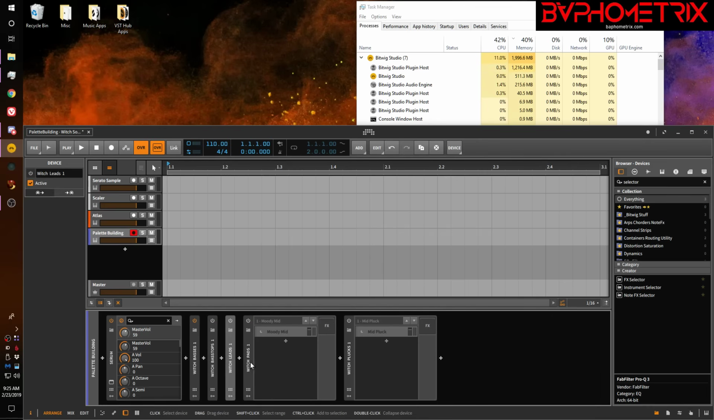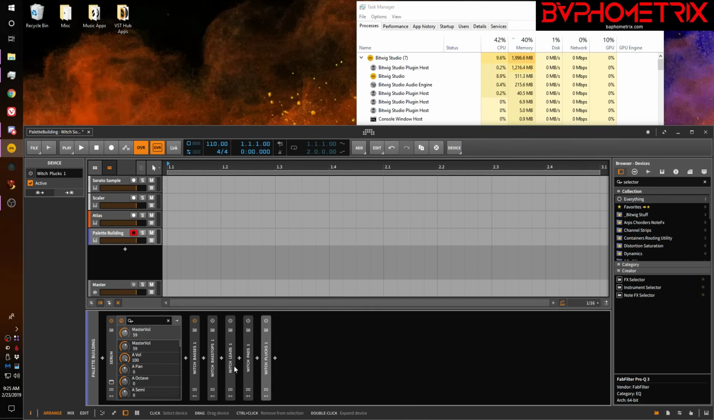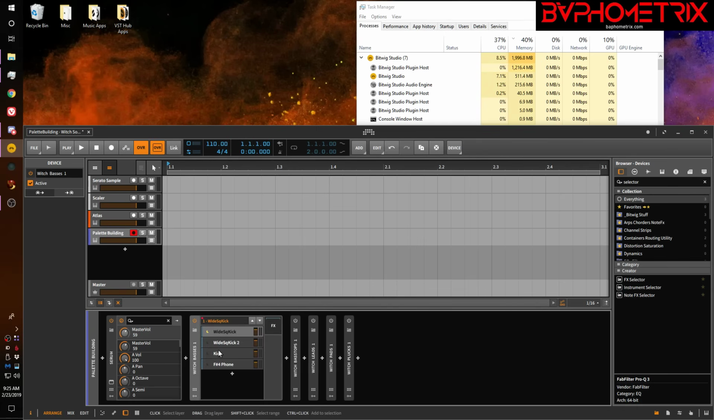I'm just collapsing these so they're all together. I'm building a set of basses, bass tops, leads, pads, and plucks. I'm in the middle of building out some of these palettes for a style of music that I'm starting to do. And I'm looking for specific sounds, and then I'm adding them to each of these instrument selectors as I go, so that later,